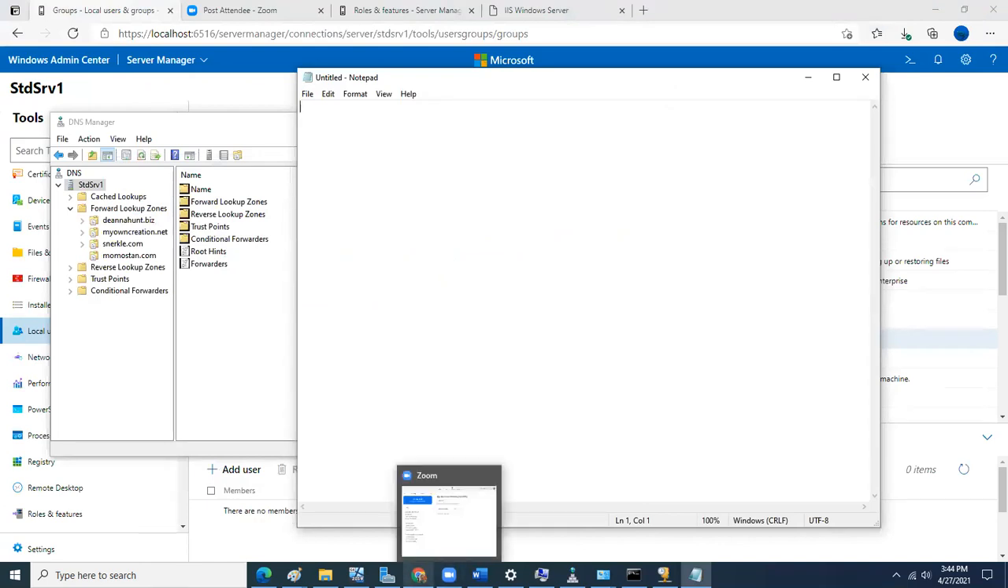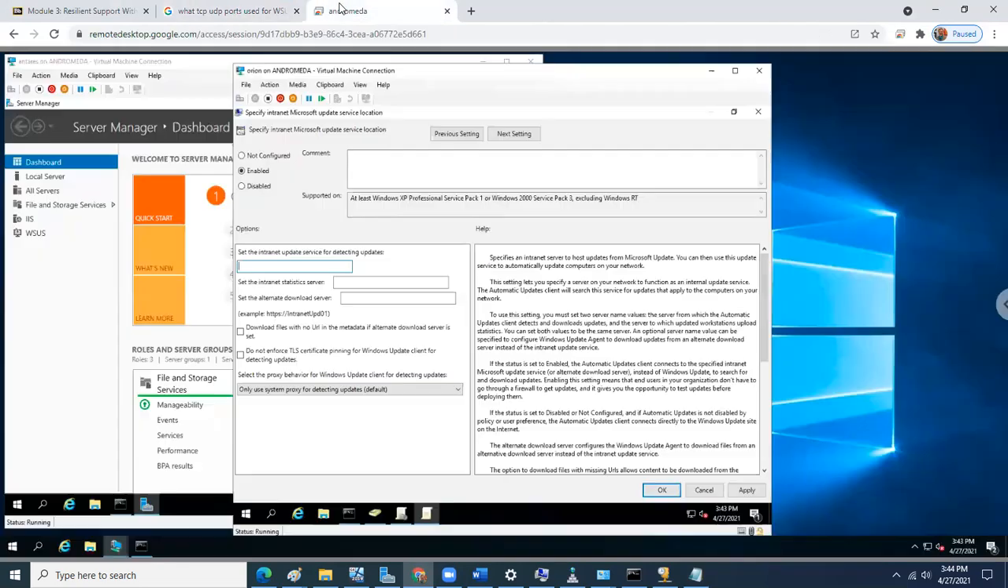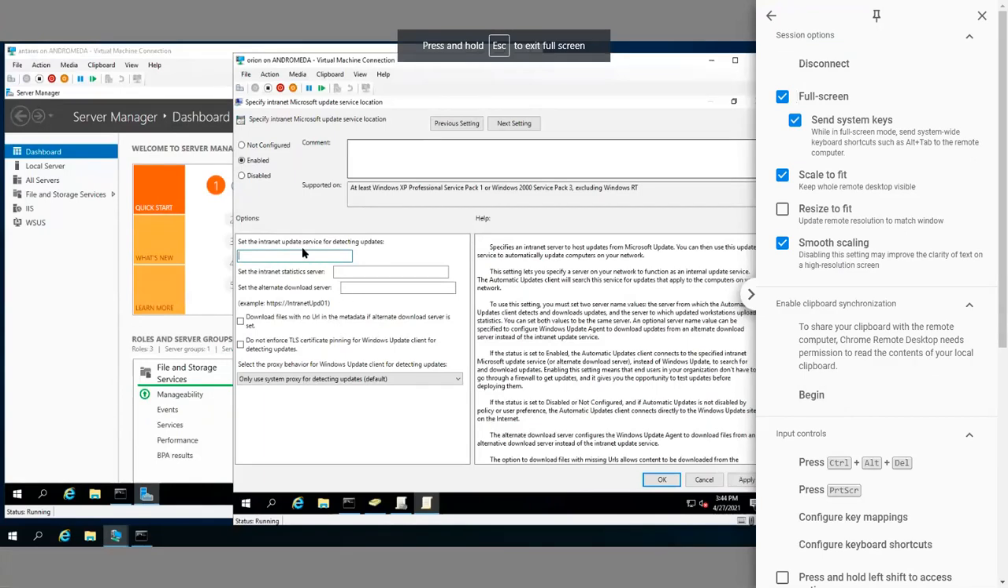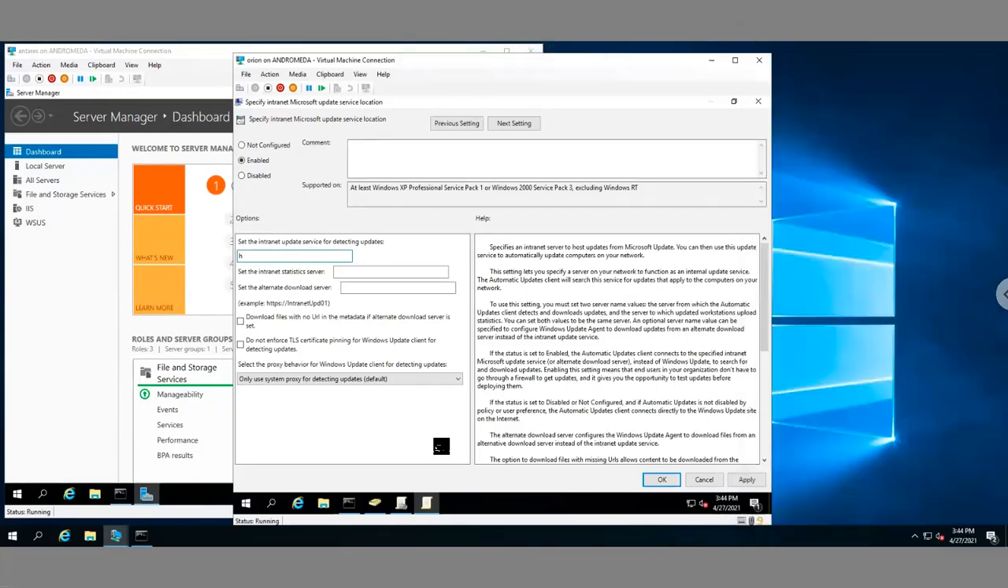Well, let's see, where did I go? Where am I? Here. And let's go back to here. Okay, so I'm going to type in HTTP. And because I have DNS, I'm going to put in Antares dot Canis dot local colon, what was it, 8530? Yeah. Okay. I'm also going to say okay,